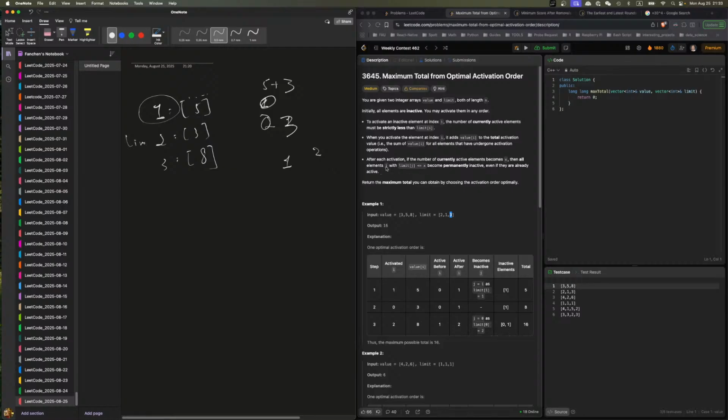All elements start inactive. So basically we just keep adding until we reach this number, and then we're done. Then we go to the next one and keep adding until we reach this number. So essentially